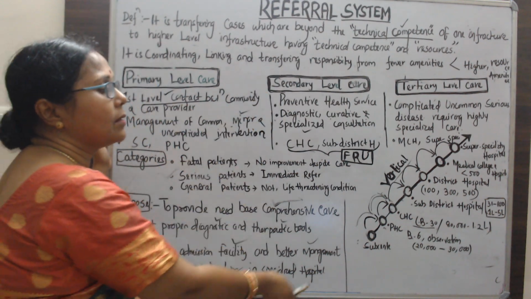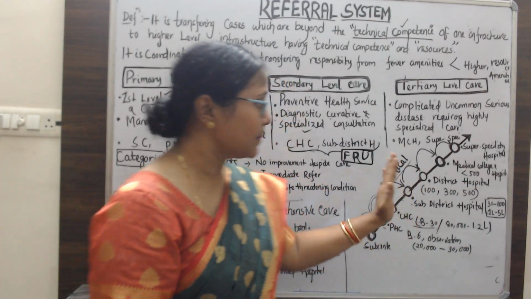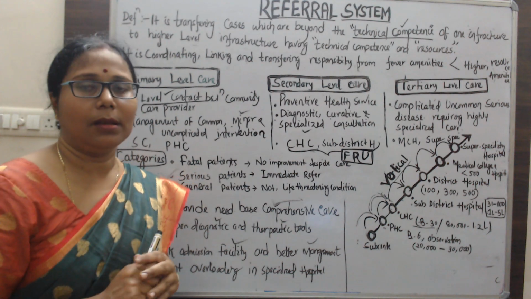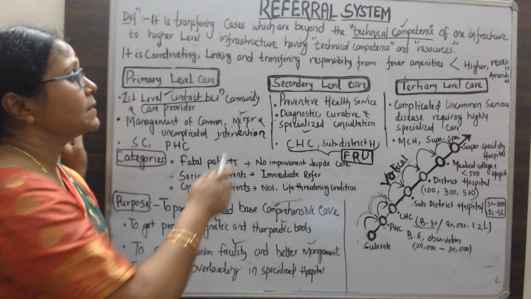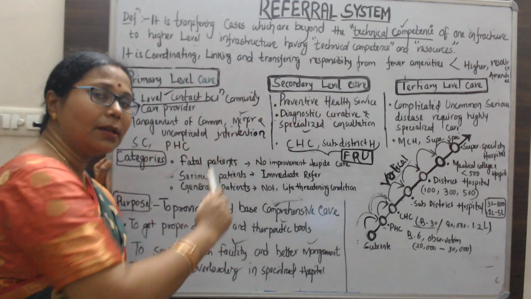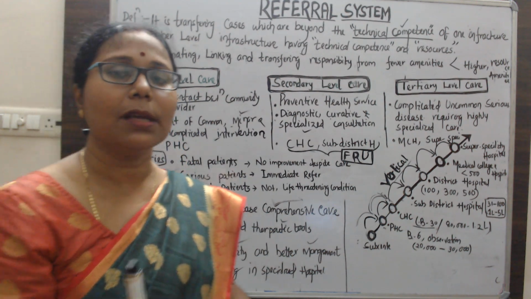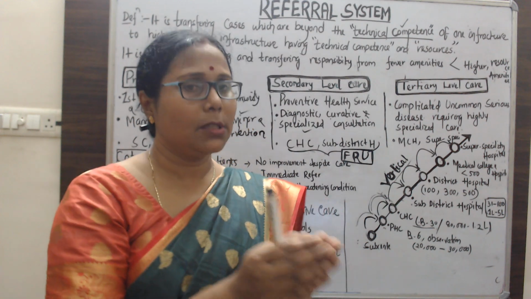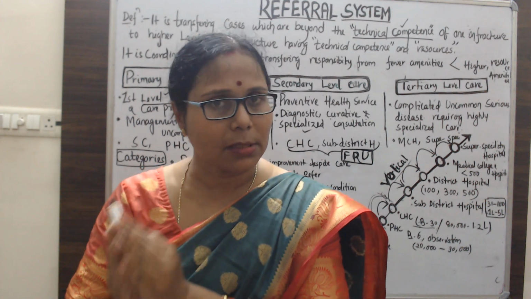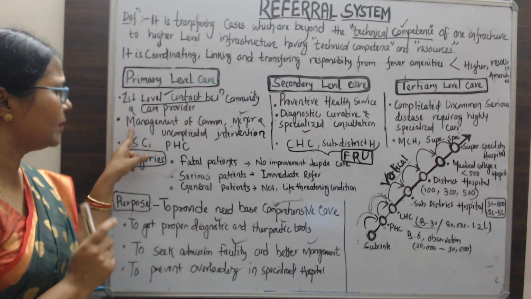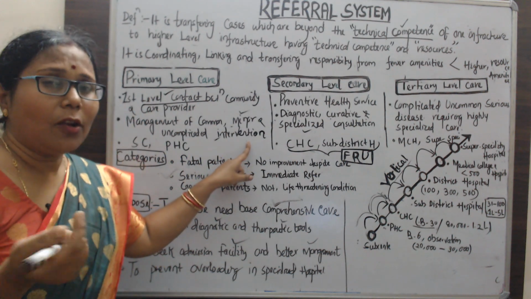We will see in this diagram that the referral system is vertical in nature. Let's first see the three levels of care that will be provided. First is the primary level of care, second is the secondary level of care, and the third one is the tertiary level of care. In primary care, there is the first contact between the healthcare provider and the community. The community people first go to the sub center, which is located for 5,000 population, and here minor cases, which are common and uncomplicated,